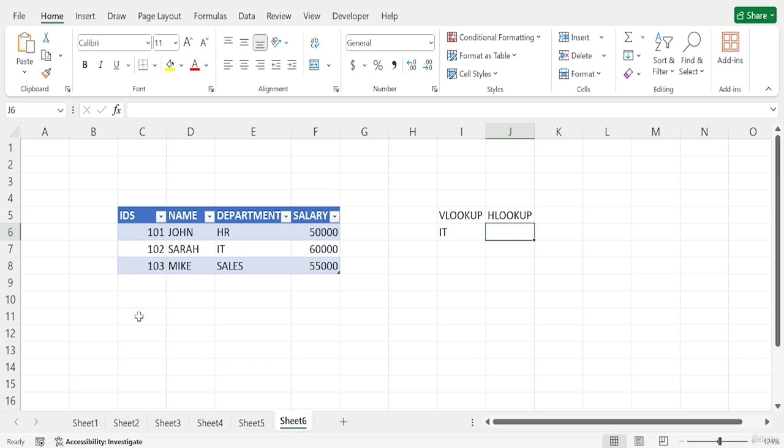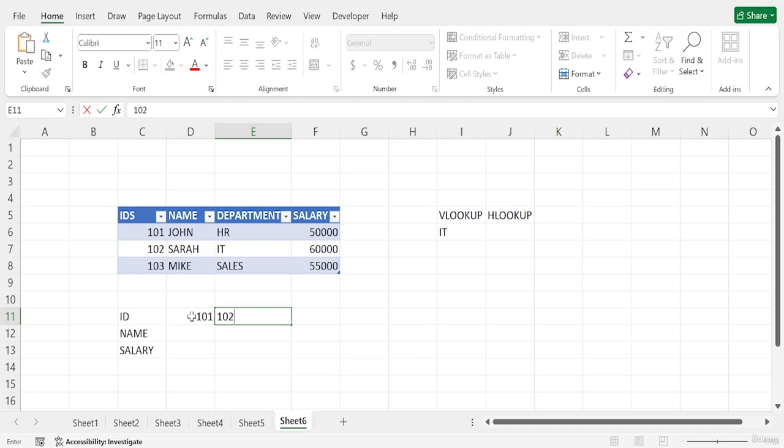I will add the ID, and this data set will help you understand better. Then I will add name, and after that salary. I will add some IDs like 101, 102, and 103.